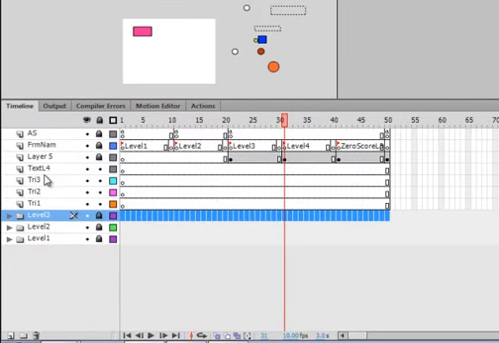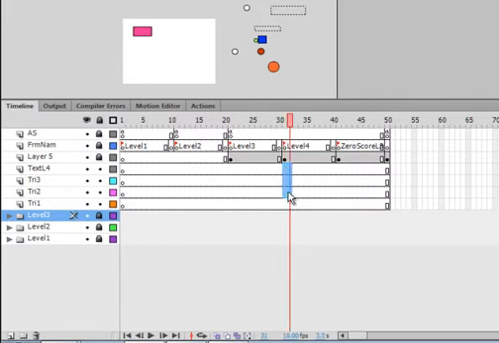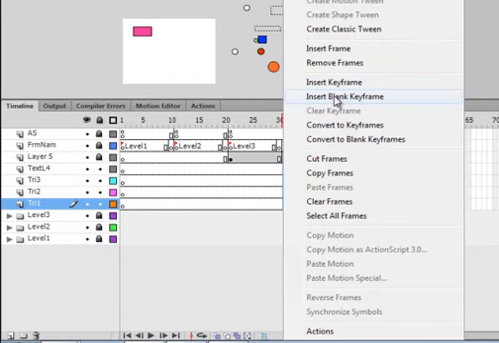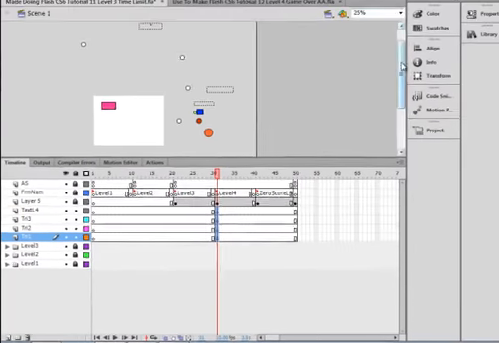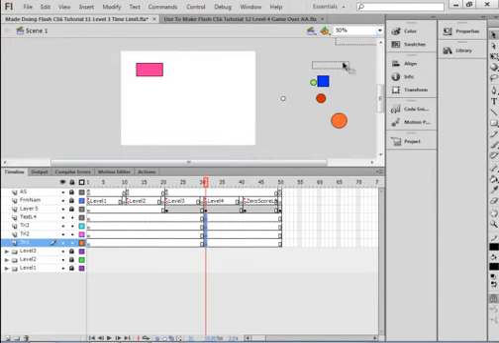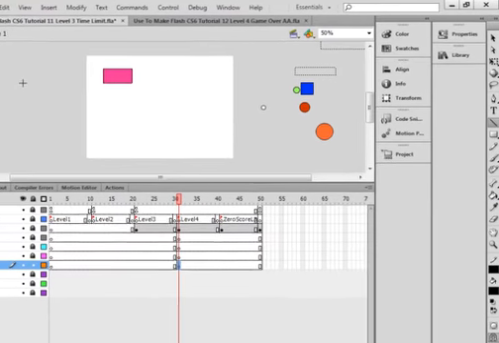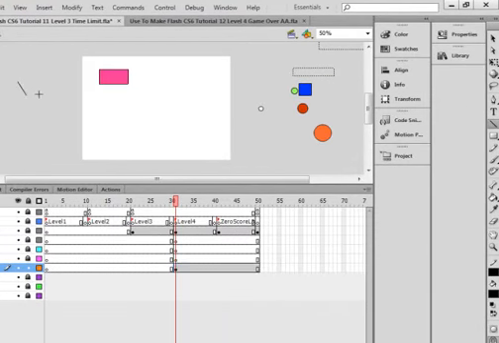So now I'm working with level 4. Come right here, insert keyframe or blank keyframe, and the first thing I want to do is make my 3 triangles. Make my stage 50%, lock all the layers, select try 1 right here, select that first frame, pick up the straight line tool, come over here on the side and make a little triangle. Make a triangle, pick it off, take it off, and pick up your fill bucket